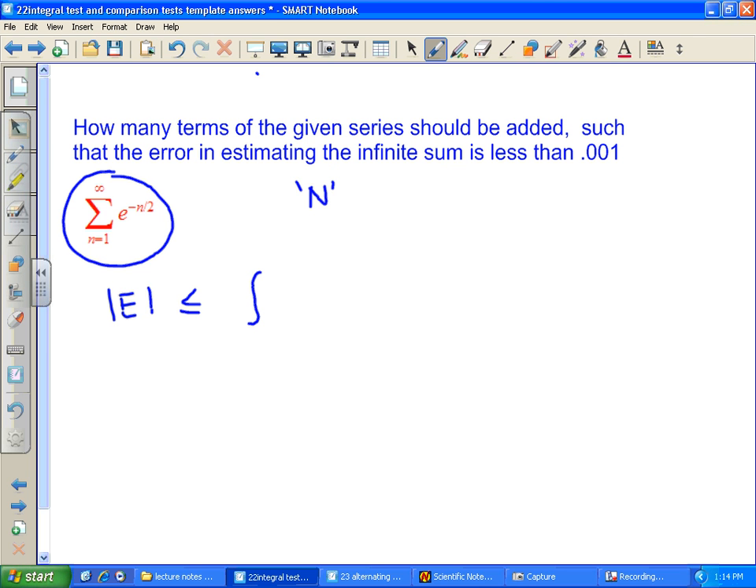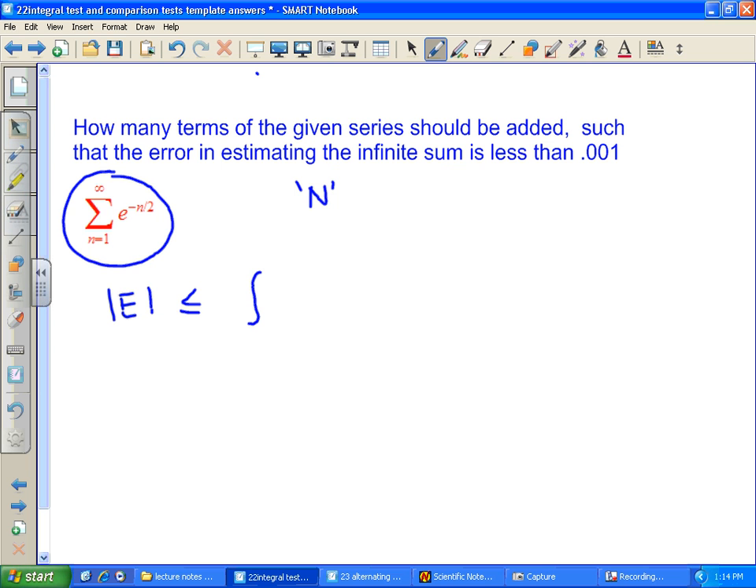If you're going to be adding n terms, or you could call it k if you like. If you don't like the capital N, use k or z. Let that number represent the number of terms you're going to be adding. So what will the error be like